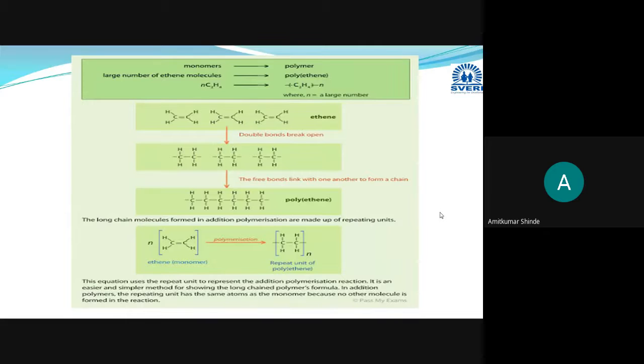Okay. Please confirm that slides are clearly visible. If some slides or reactions are not visible to you, you can zoom that slide using your mobile phone. Okay. So